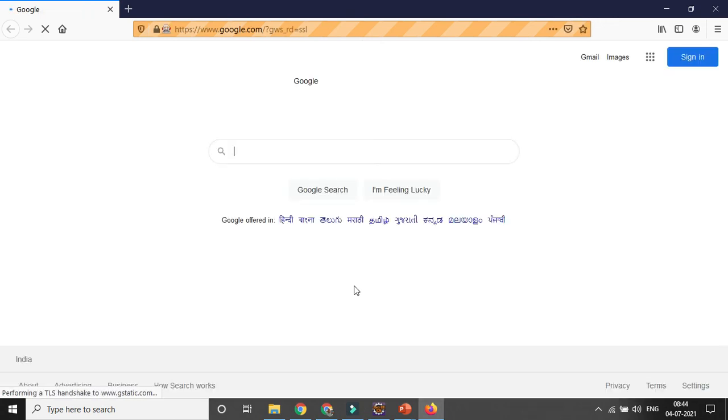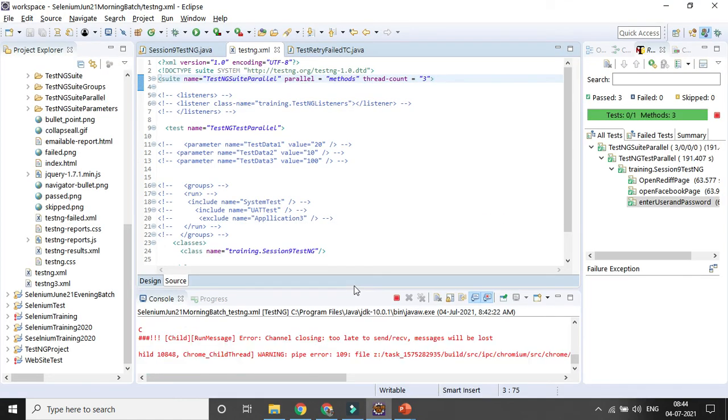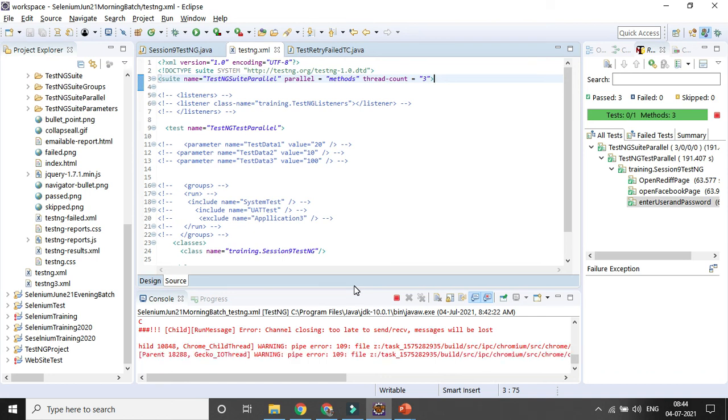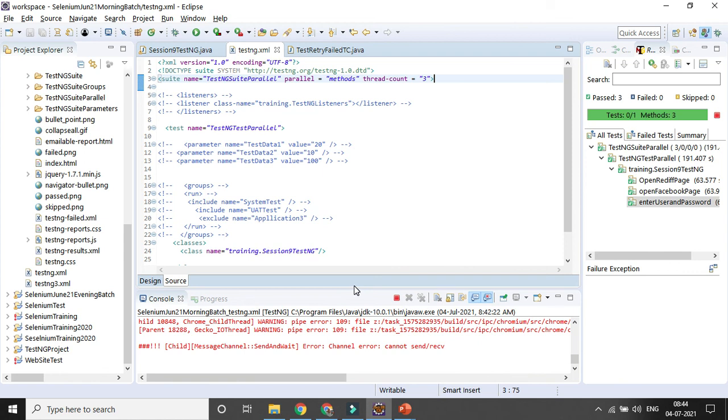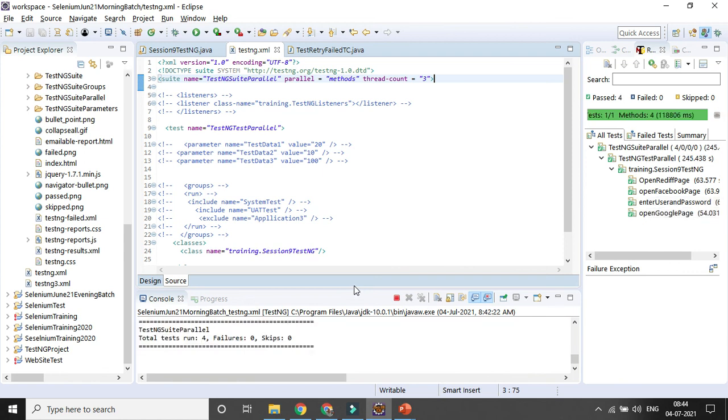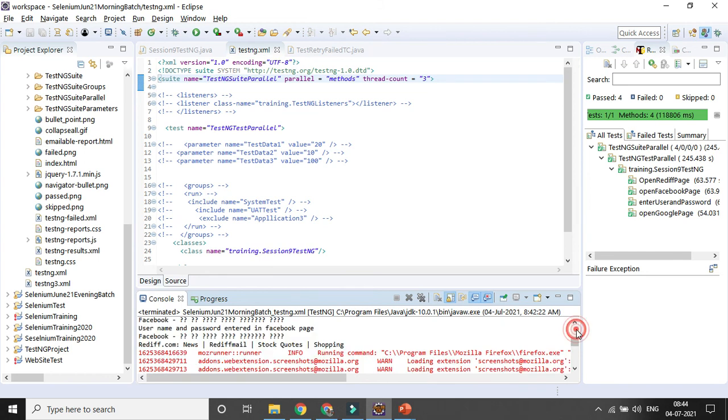And it will try to execute the remaining test case, the 4th test case, on the Firefox browser, which is nothing but opening the Google page and getting the title. But you can see that you can save some time if you use the parallel testing concept in the testng framework. Okay, so all your 4 test cases will run and they will either fail or pass. You can see 4 test cases ran, and definitely less time is required, right? So you can get all the details.